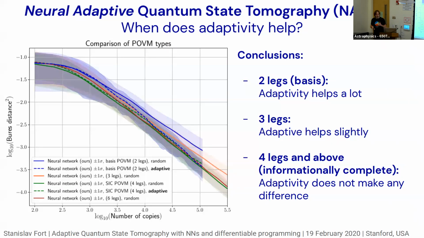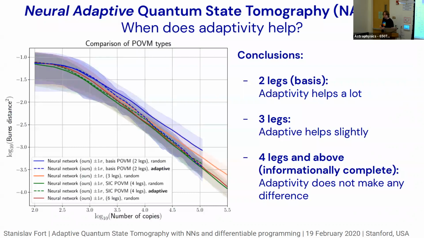For 3 legs, it helps slightly, so those would be orange curves, there's slight help, but it still doesn't do the full thing. But for 4 legs and more, and those would be the informationally complete POVMs, we see no gain at all, empirically. So if your POVMs are actually covering the full space of possible results from a tetrahedron above, then there seems to be no actual practical reason to use adaptivity in your experimental setup and analysis, because there doesn't seem to be any gain you get. And we were able to do these experiments because we can retrain really efficiently on all those particular details of the experiments.